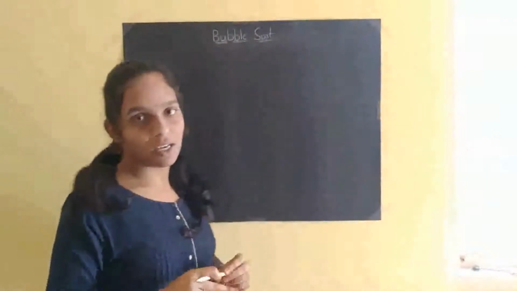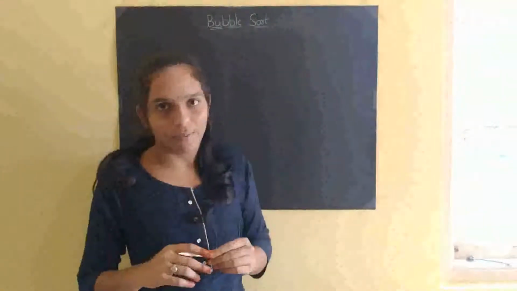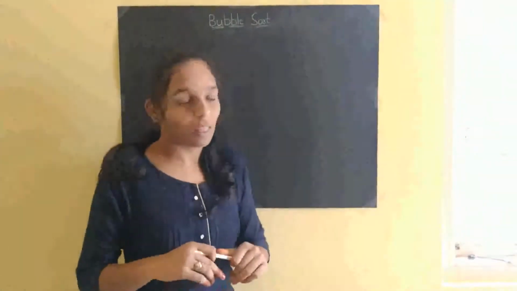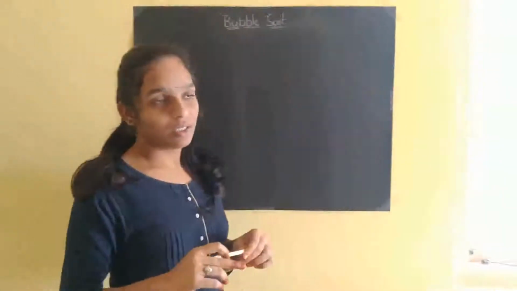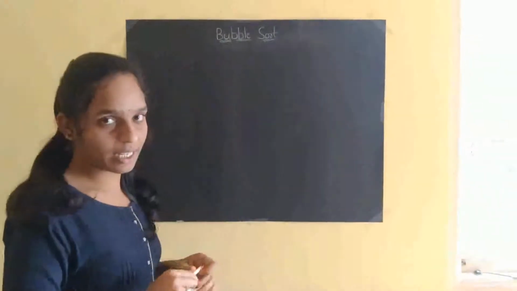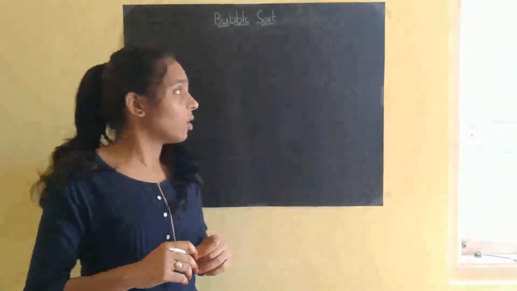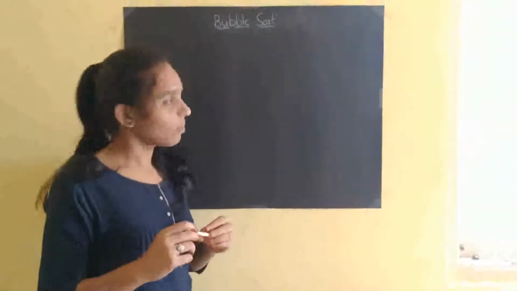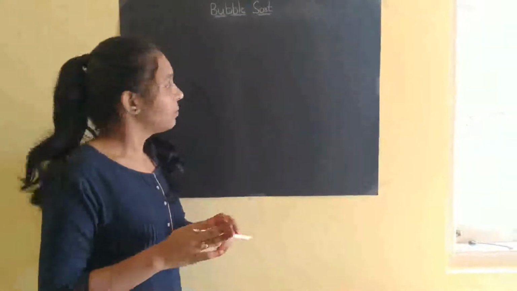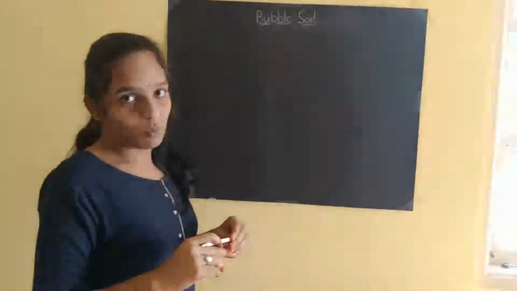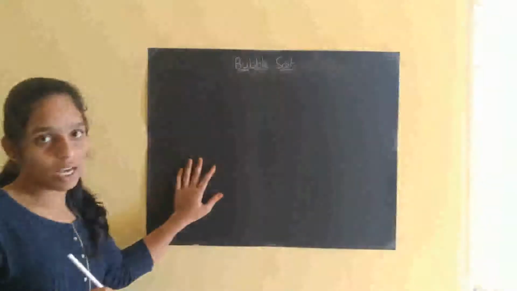Bubble sort is a famous sorting algorithm. Bubble sort algorithm is used to arrange the elements in ascending order. For that, we have to begin with the first element, and the first element should be compared with the second element. If the first element is found greater than the second element, then we have to perform the swapping operation. Swapping means the two values will get interchanged. Now let me discuss this bubble sort with a certain example and the respective algorithm.